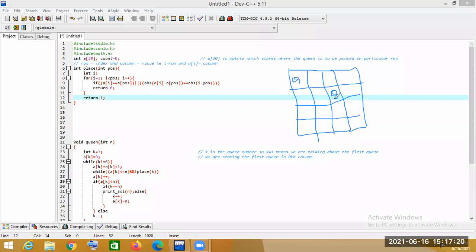But when we go to place the third queen, then the problem starts arising. In this position you cannot place the queen, because it is in the same column. In this position you also cannot place the queen, because it is in the same diagonal. In this position also you cannot place the queen, because it is in the same column. And in this